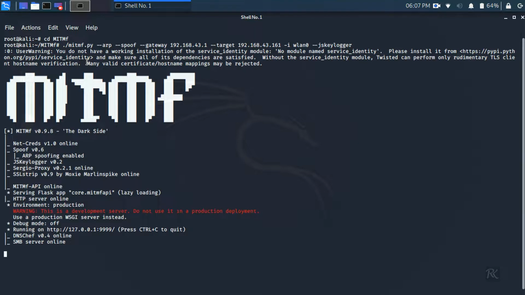And here we are running your JS keylogger.